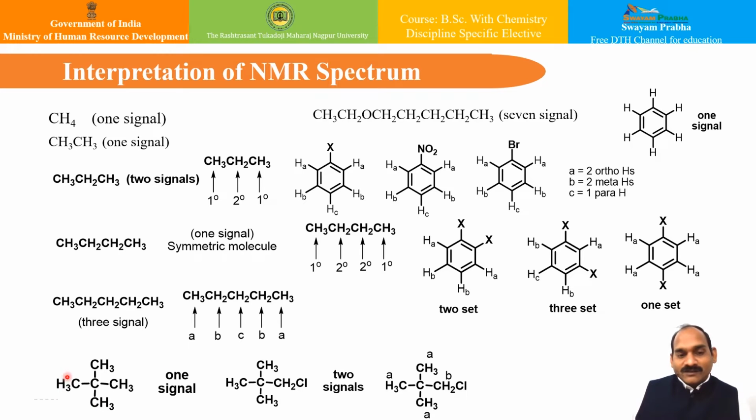This is exactly the case of 12 protons which are present in the same environment, and therefore this kind of compound, like the TMS compound, will give a single peak. In this case, there will be two signals. You can see over here A and B type. In this case, you can have 7 signals. If you see, there are 7 different groups present in different environments, and therefore this compound will give you 7 signals. Likewise, if you see benzene, all the protons are in the same environment, and therefore there will be a single sharp peak for this particular benzene.